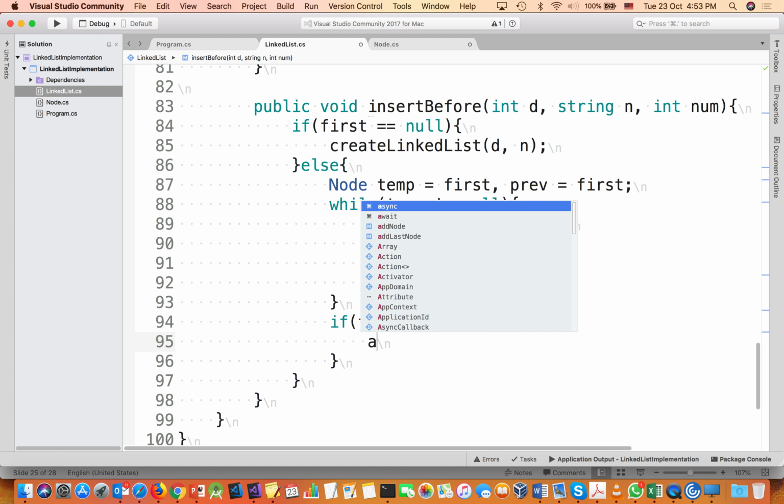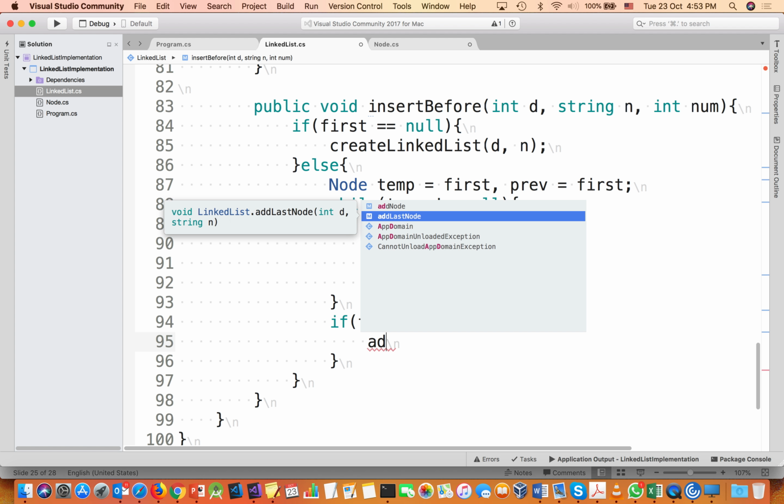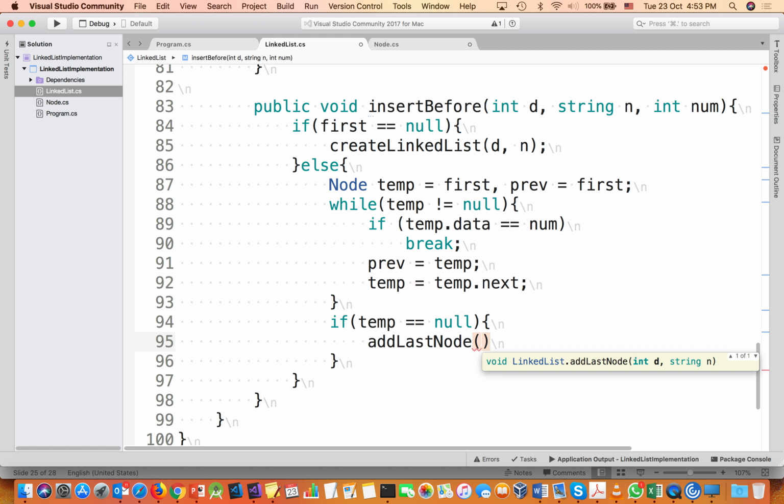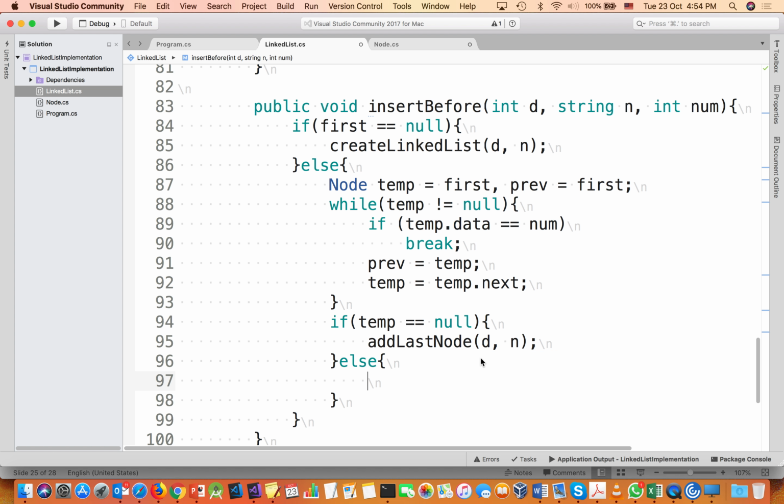Now we can simply say add last node, and what will be the node? It will be D and N as an input. That is the node that we are searching, it does not exist, so we are adding it at the end of that particular list. So D and N, these are the values of that particular node that will go as an input to that one. And in the else part, we can simply say that node is equal to new node,